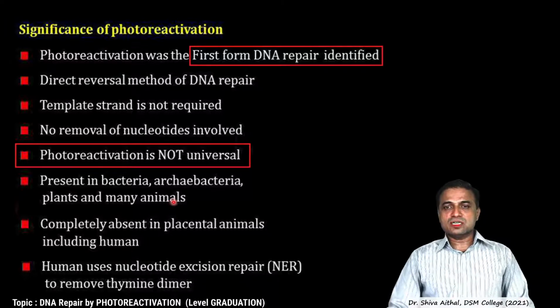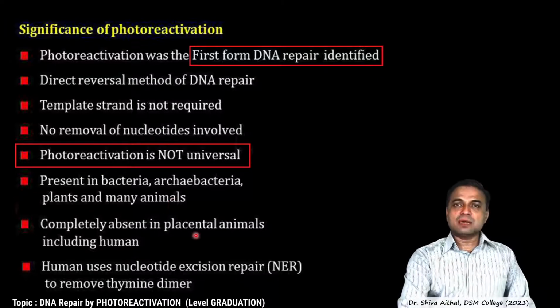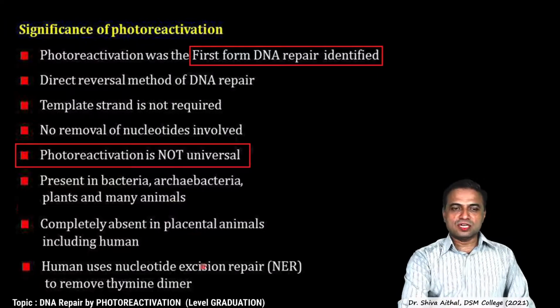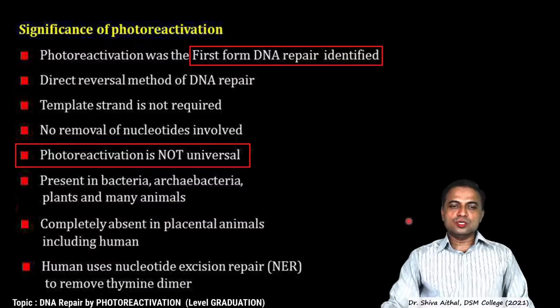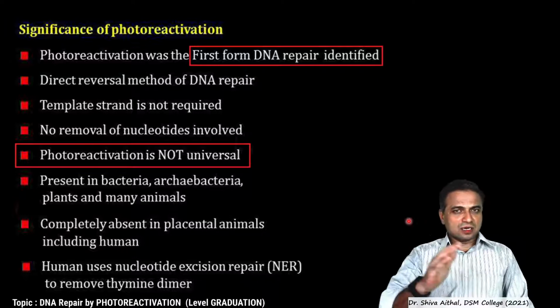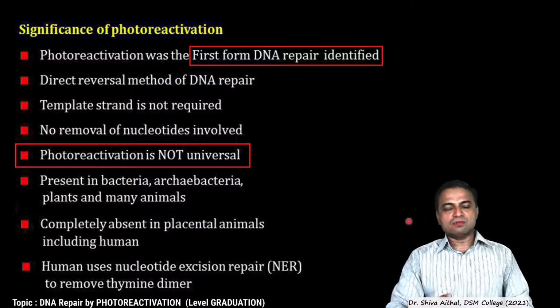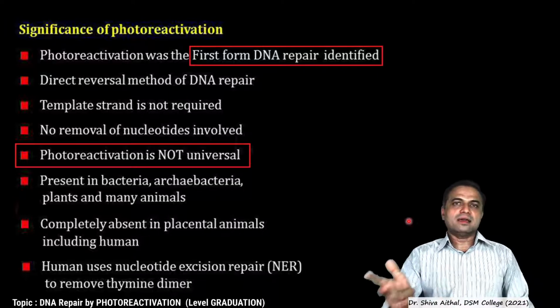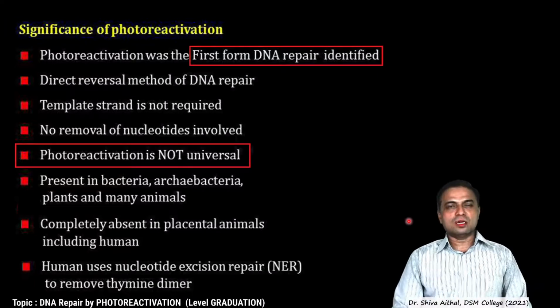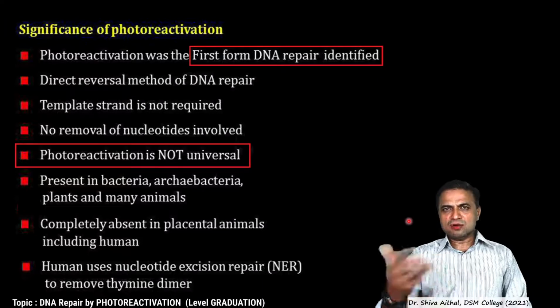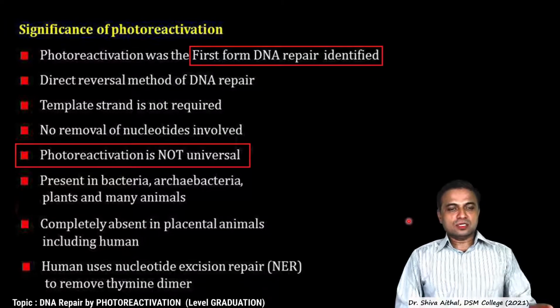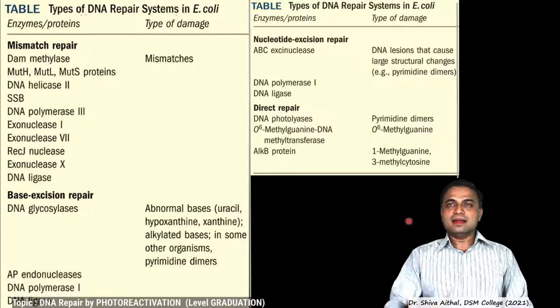These are some of the significant points which you should understand while studying photoreactivation. It is completely absent in placental animals including humans, and humans use nucleotide excision repair to remove the thymine dimers. That is a method involving cutting of the DNA, removal, and replicative and recombinational processes are used in that. In our next lecture we will be seeing these types of repair, that is nucleotide and base